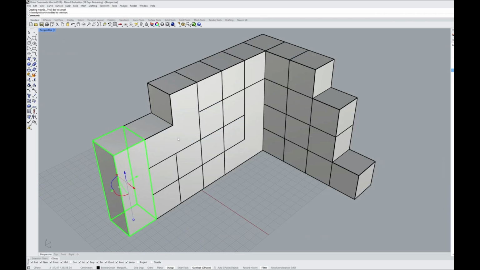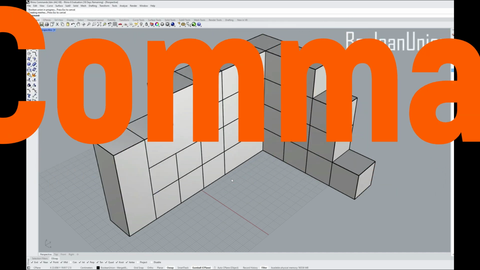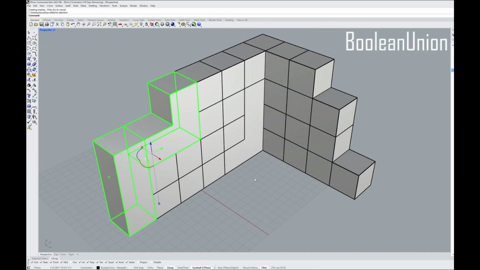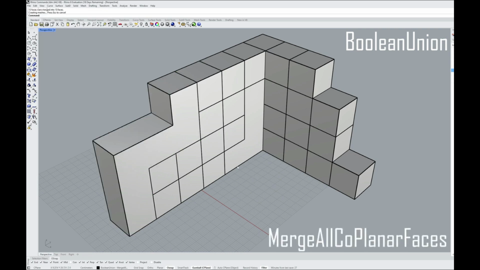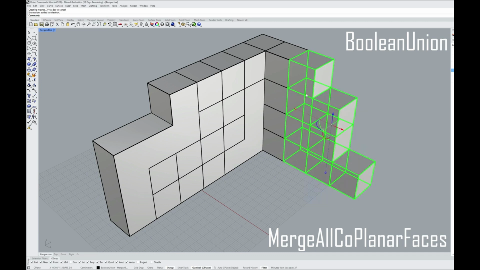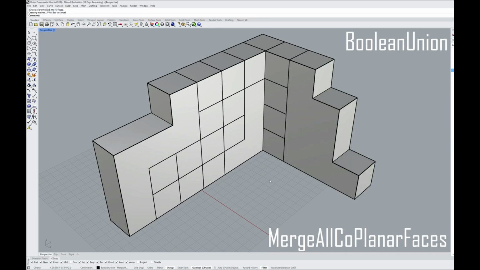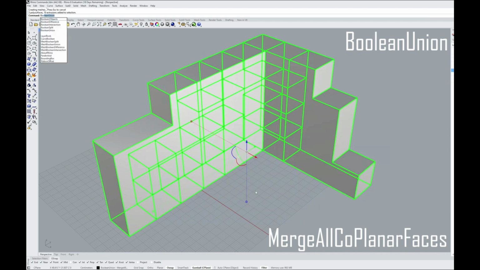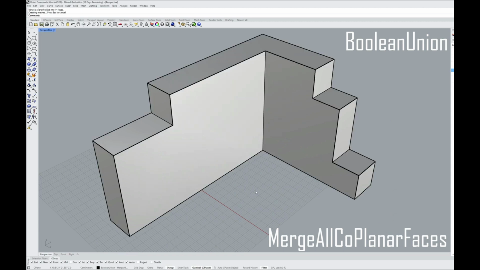With the Boolean union command, if two 3D geometries intersect each other, they are made into a whole object. Objects are selected and merged. However, the important thing here is the surfaces that are common and invisible, that is, inside the geometries. Here, the merge all coplanar command comes into play. In this way, the invisible and internal surfaces are deleted and the outer surface of the merged objects is transformed